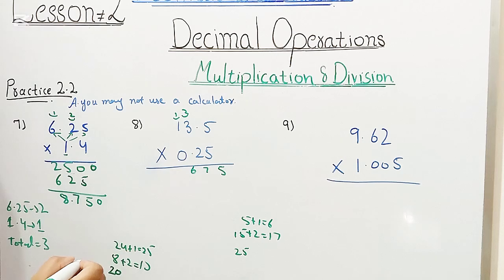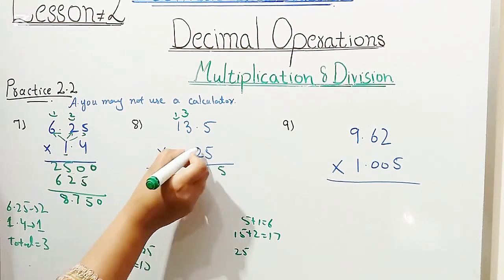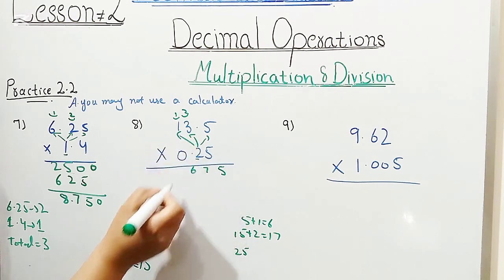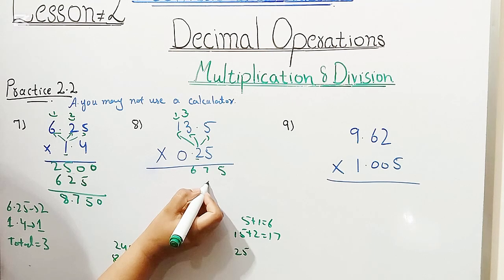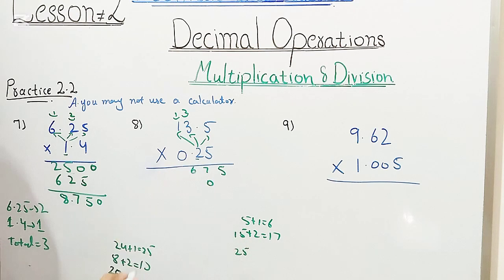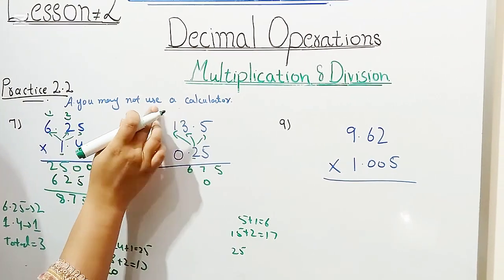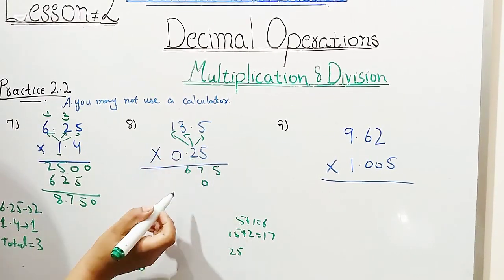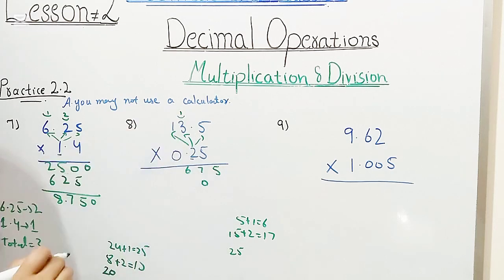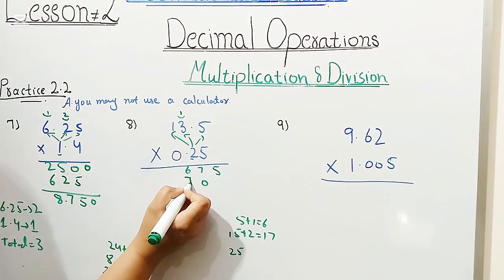Okay, next is 2. 2 is the second number. Then we will also multiply with the 3 values just like with 5. 5 2s are 10. I will write from the 10's place, not from the 1's, because it is the second value. Then I will wipe it, so you cannot be confused again. 3 2s are 6, then 5 2s are 10. Then I will write 1 to the next value. 3 2s are 6. 6 plus 1 will become 7.